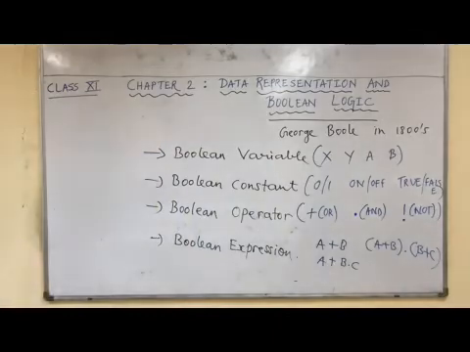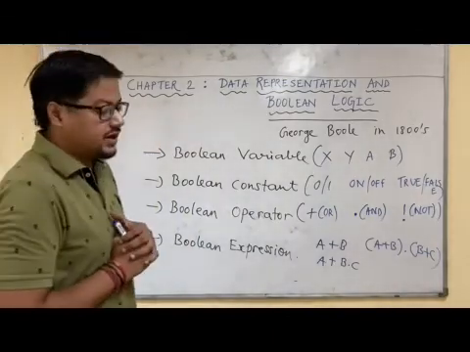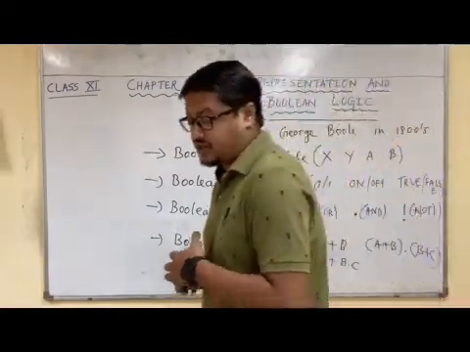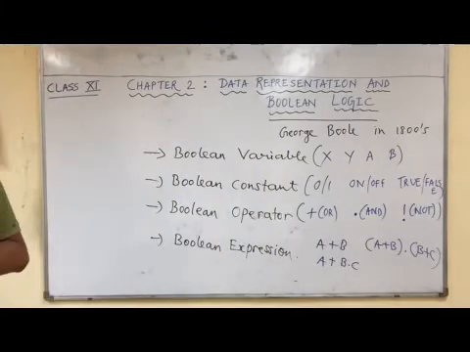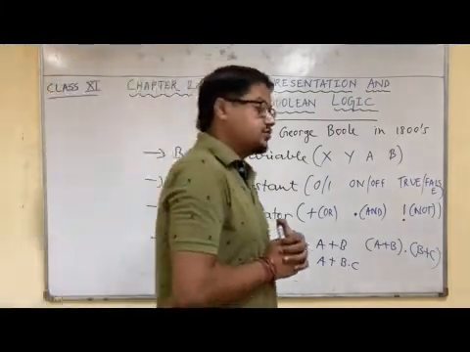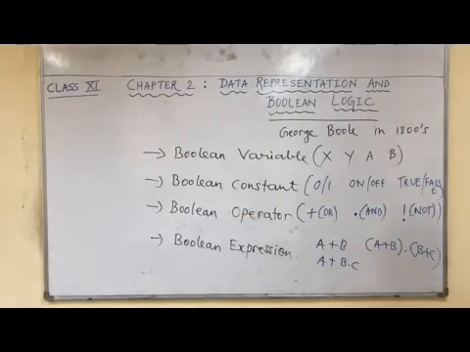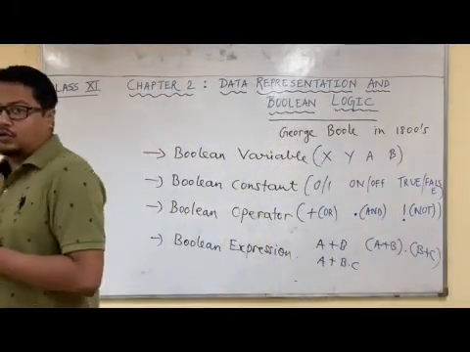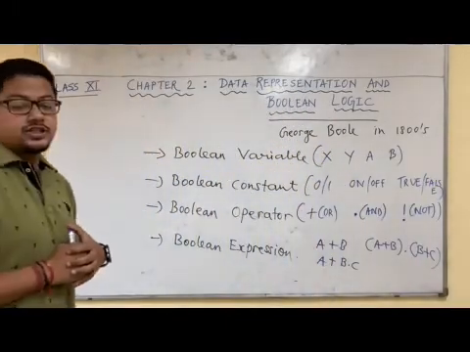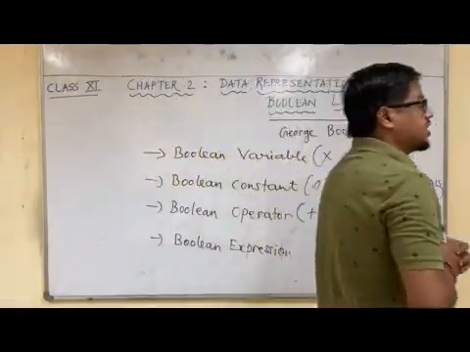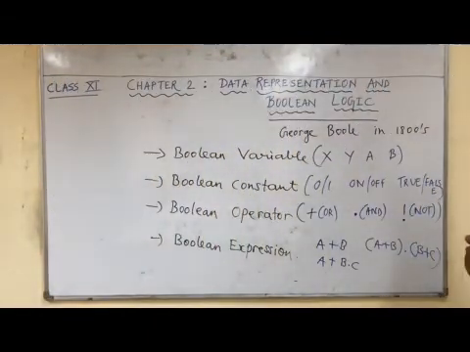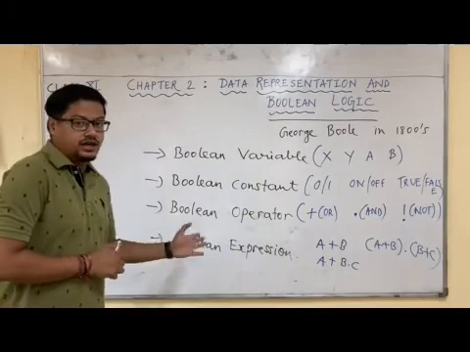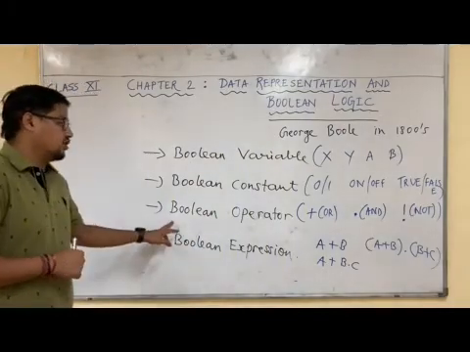So students, I hope you are clear with this. What is Boolean logic actually? Boolean logic is Boolean algebra that deals with computer circuits and deals with only 0 and 1. It was first developed by George Boole. The four major parts of Boolean logic are: Boolean variable, actually characters that will hold the value of the Boolean constants. What are Boolean constants? 0 and 1, true or false. Boolean operator, three major operators: plus stands for or, dot stands for and, exclamatory mark stands for not. And using all these three, we can frame the Boolean expression. Okay, so I hope you are clear. Now we will start the detailed discussion of Boolean operators.